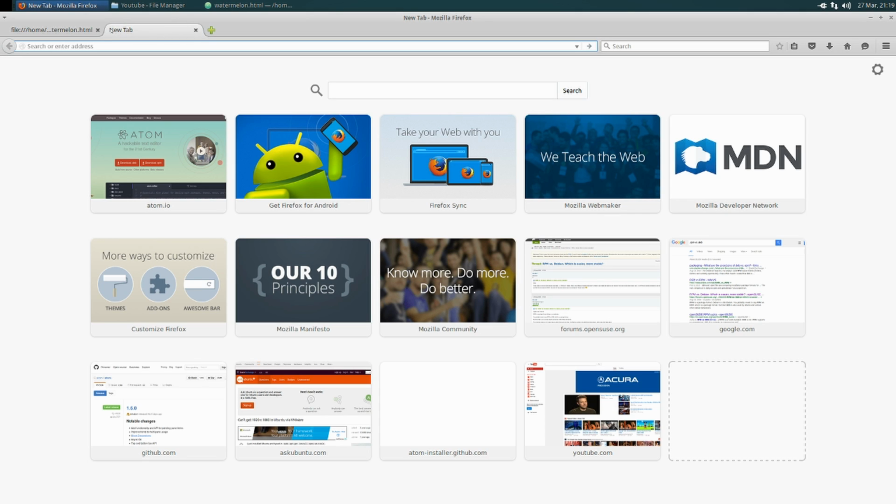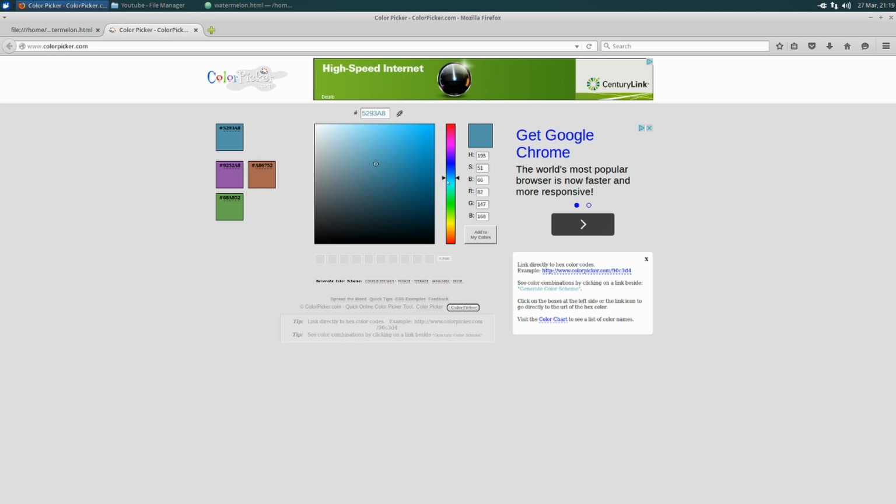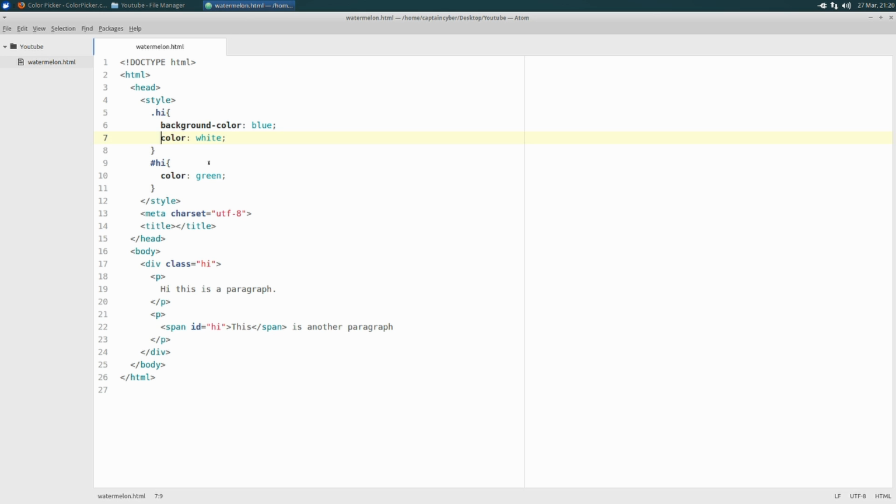So if you go to a website called color picker.com, you can see here, it'll give you a nice thing that's just like Adobe Photoshop or GIMP or whatever you like to use as your favorite image manipulation program. You can select a color from here that you want to use inside a web page. So you can just select this, copy it, and let's choose a color that we haven't used. There, and we can copy it, and we can say here inside of our